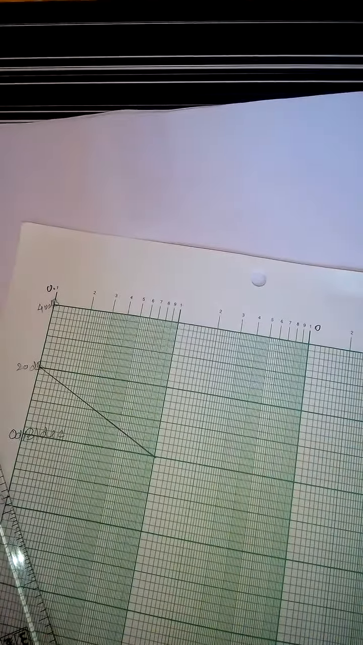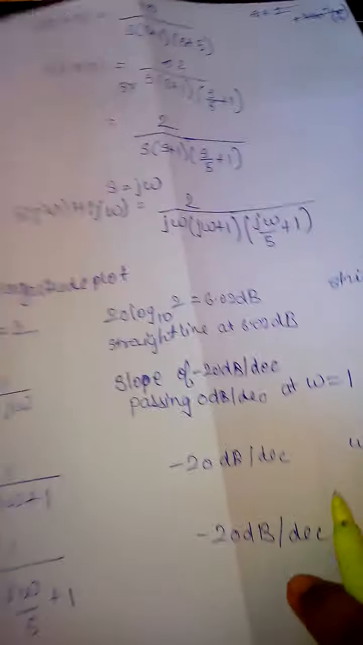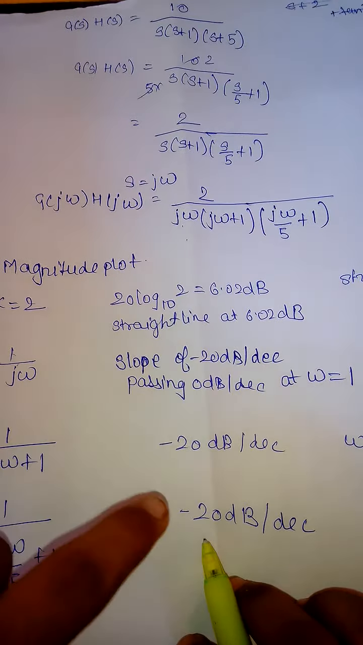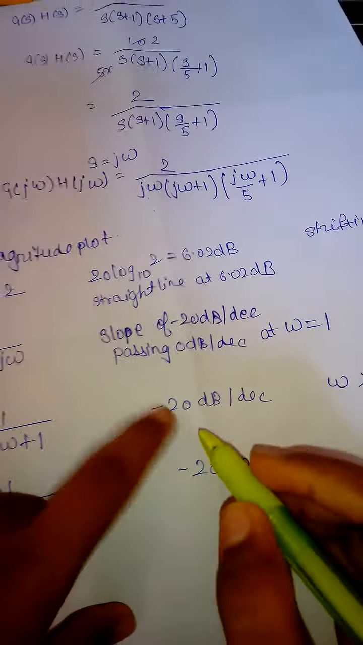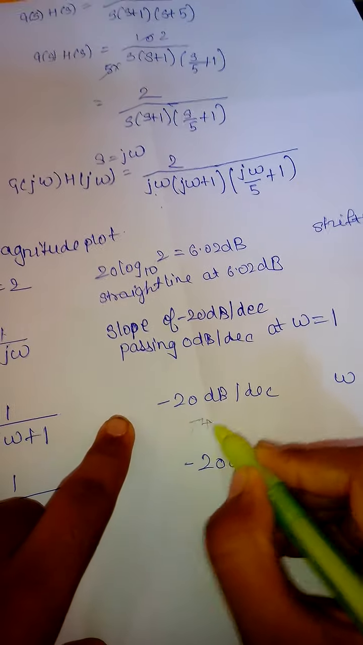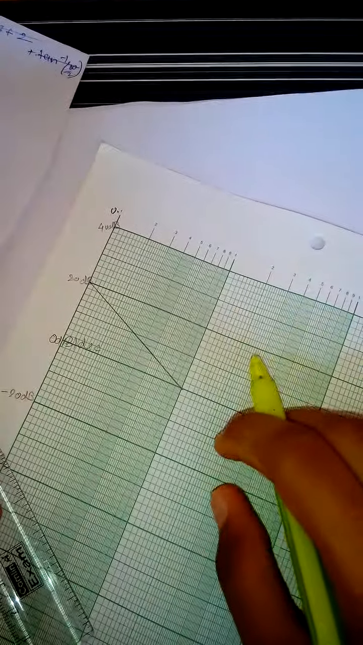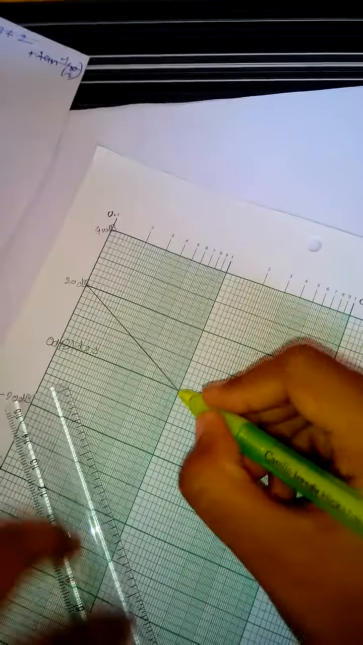This is it. Now again minus 20 dB. This was minus 20 dB. This is minus 20 dB. So in total we have to take a minus 40 dB slope, so 40 dB per decade slope. So minus 10, 20, minus 20, minus 40 till